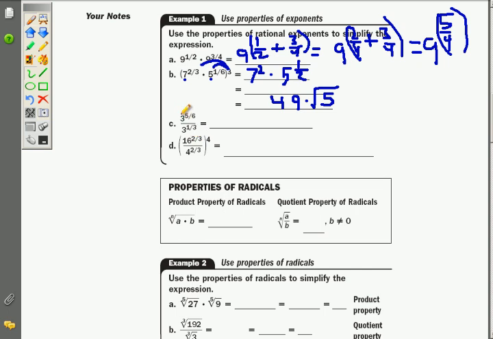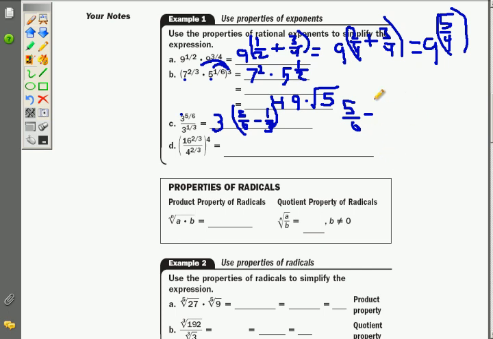This one, they do have the same bases, but I have 3 to the 5/6 over 1/3. Well, it's hard to combine those fractions. So really, it's 3 to the 5/6 minus 1/3. Well, I have to have a common denominator to combine those fractions. So I'm going to call it 5/6